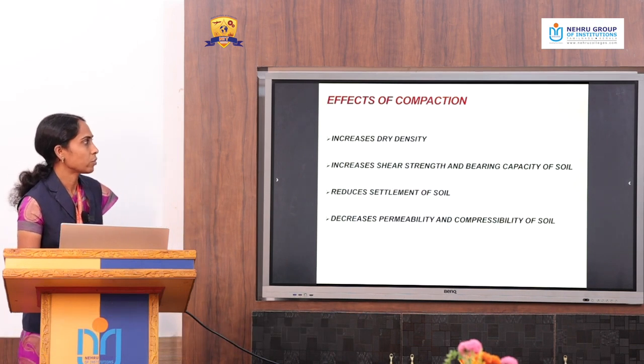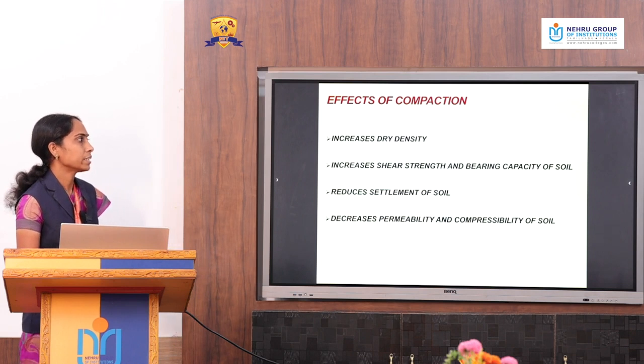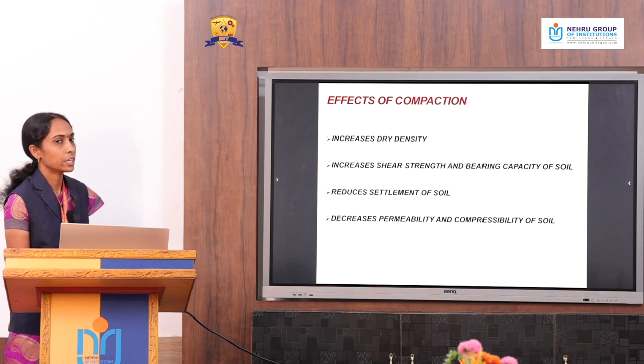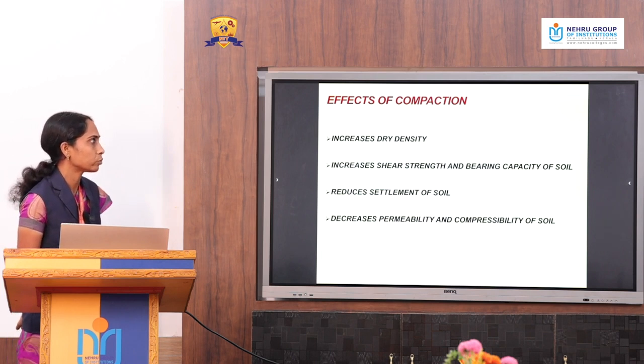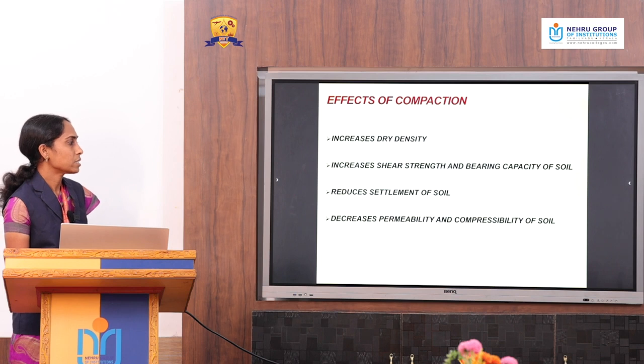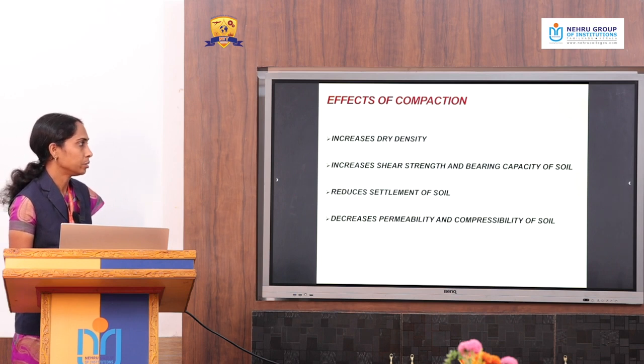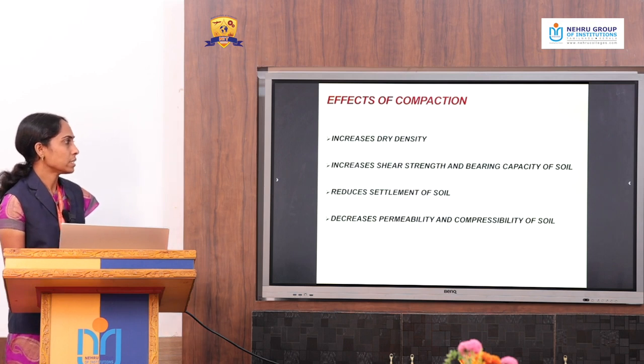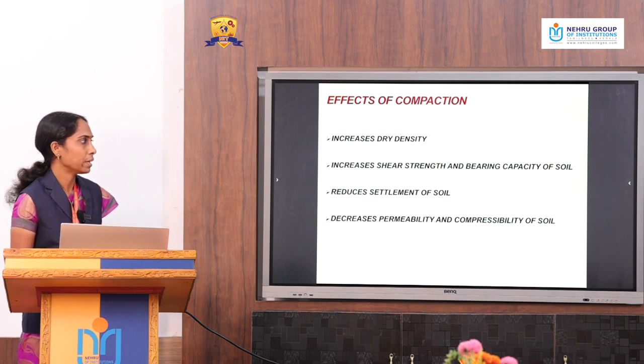And the next one is the effects of compaction. So what are the effects of compaction? It increases the dry density, and it increases the shear strength and bearing capacity. It reduces the settlement. This is the main effect of compaction. And it decreases the permeability and compressibility of the soil. So these are very important for the soil because based on these characteristics only the building can be built upon